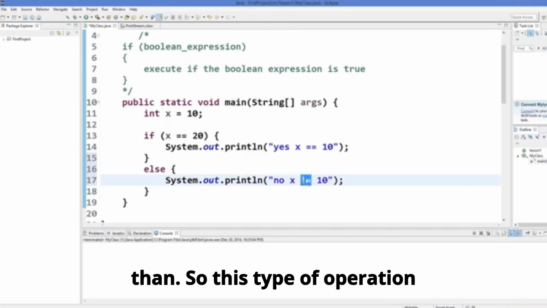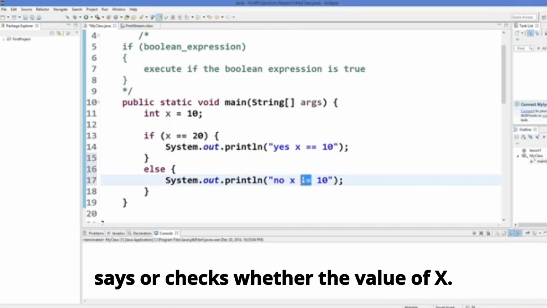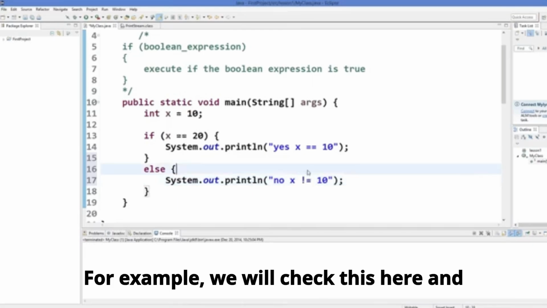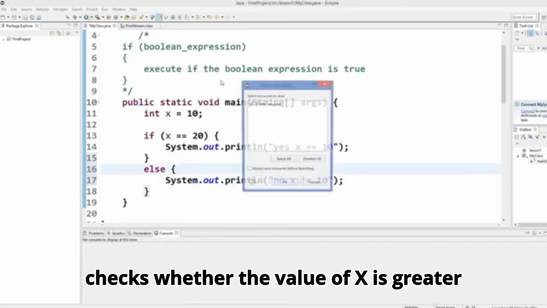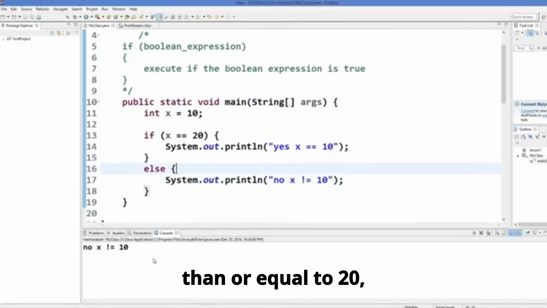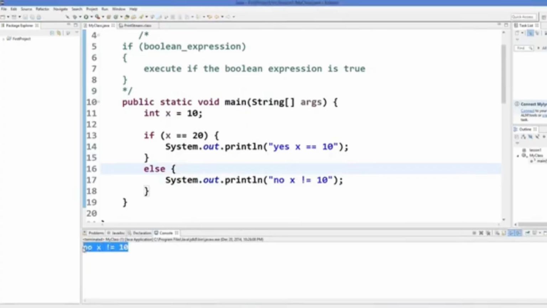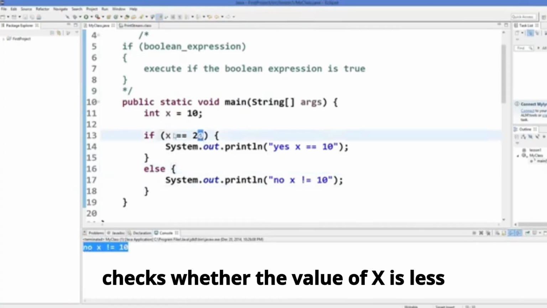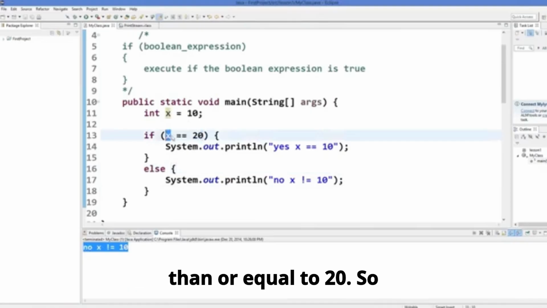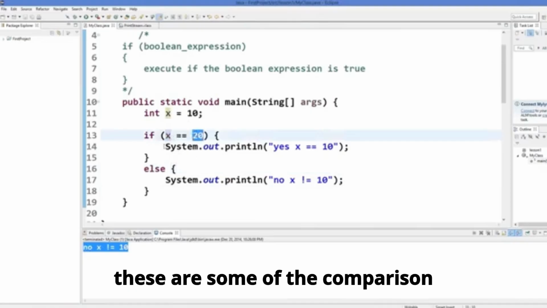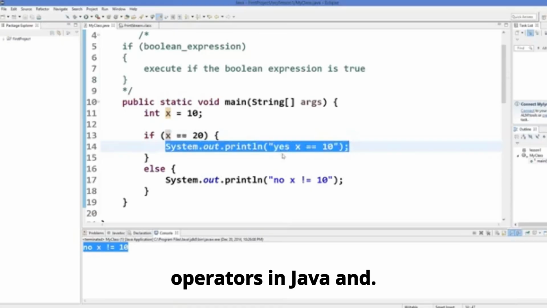So this type of operation checks whether the value of x, for example, we will check this here, is greater than or equal to 20, right? And this last statement checks whether the value of x is less than or equal to 20. So these are some of the comparison operators in Java, and